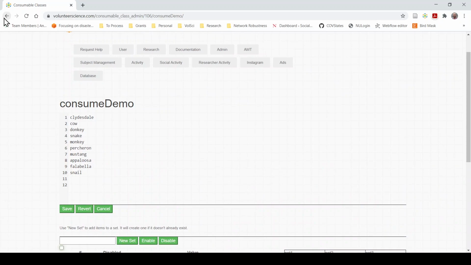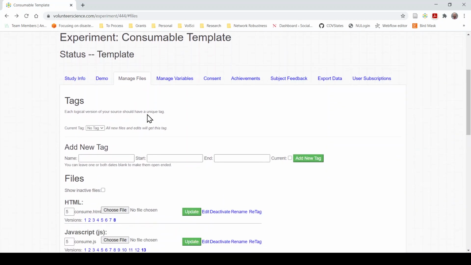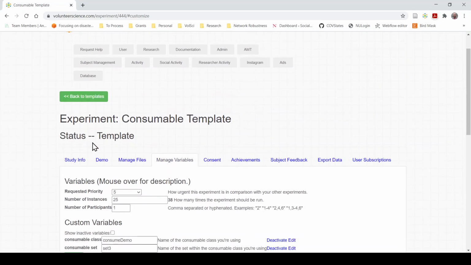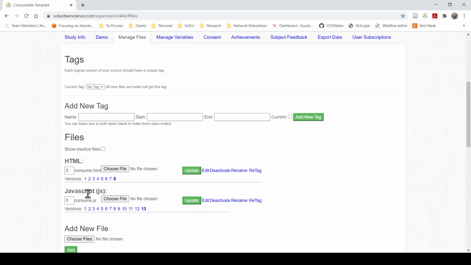Let me show you how to actually then create the consumable experiment. So there are two variables. You'll need to tell us what class you're using. So consume demo was the name of the class, and we're using set3. Update. The other thing you want to do while you're developing is going into the files, going to this JavaScript